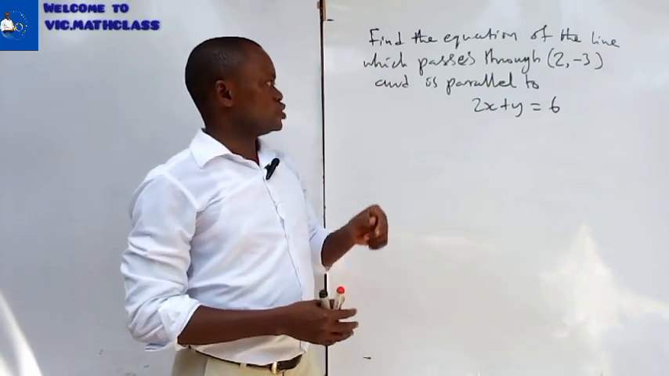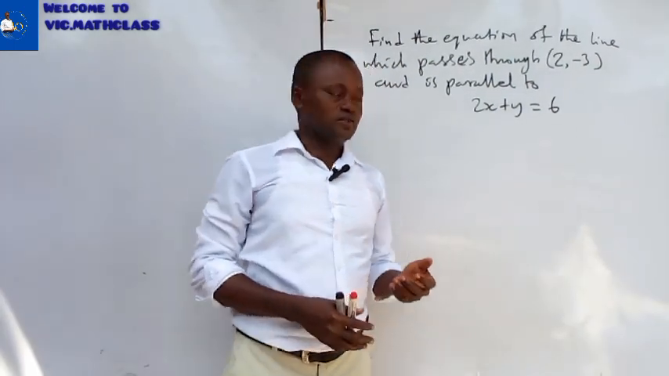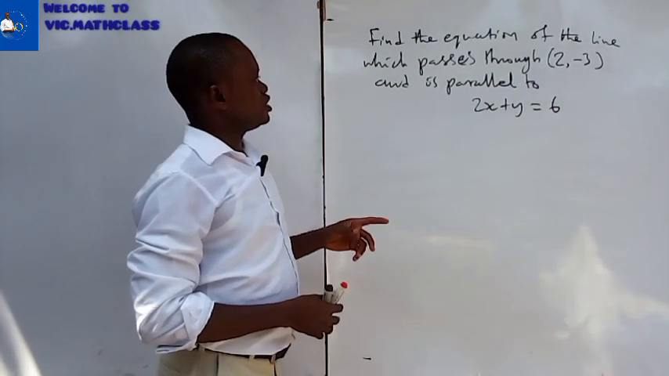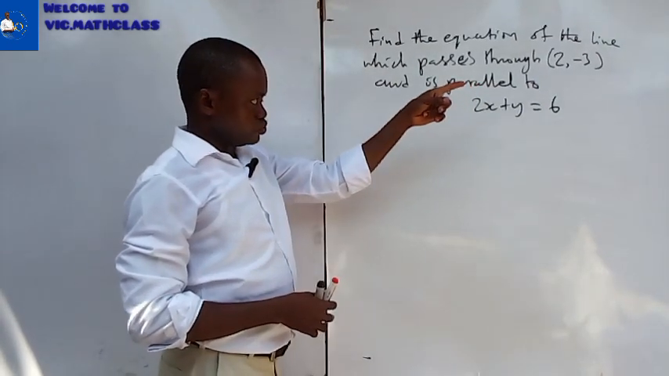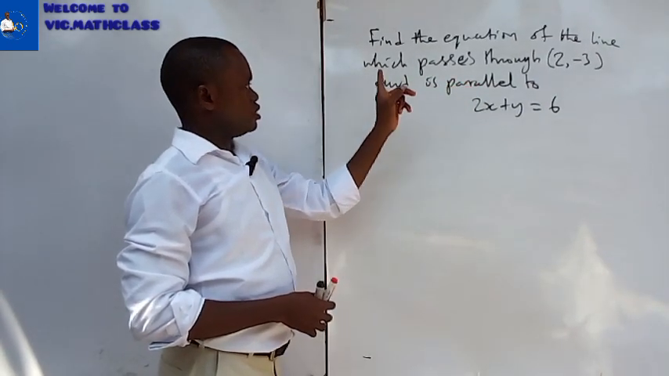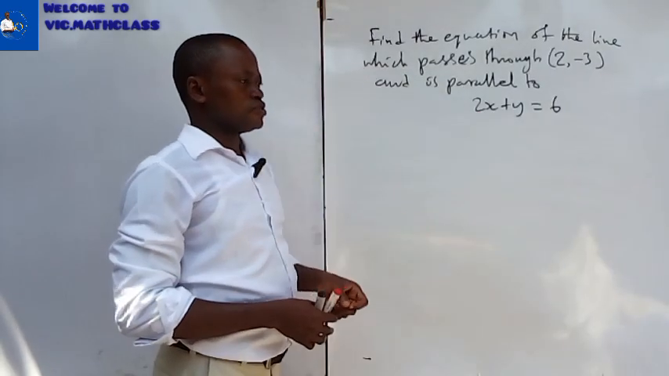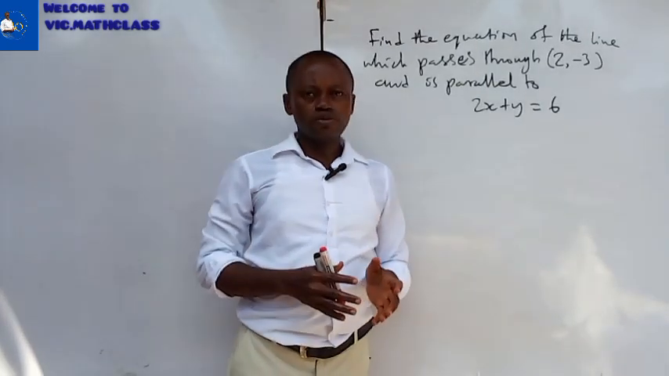This question is a WAEC examinable question, and it is saying: find the equation of the line which passes through the point (2, 3) and is parallel to this line. In coordinate geometry,